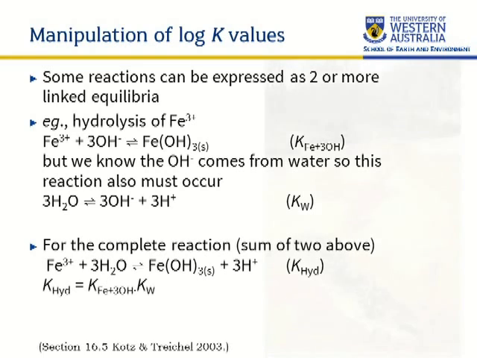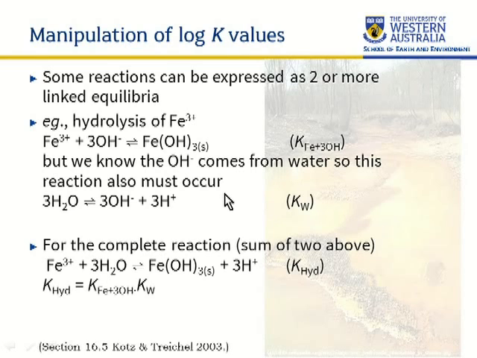Some reactions are kind of a sequence of two reactions. They're what we call linked equilibria. So for hydrolysis of iron 3+ in water, it's very similar to the reaction we saw before for aluminium, but in this case we're taking the reaction all the way through to the solid phase, which is probably something like ferrihydrite. Iron 3+ reacts with 3 hydroxide ions to form FeOH3 as a solid. So we can derive an equilibrium